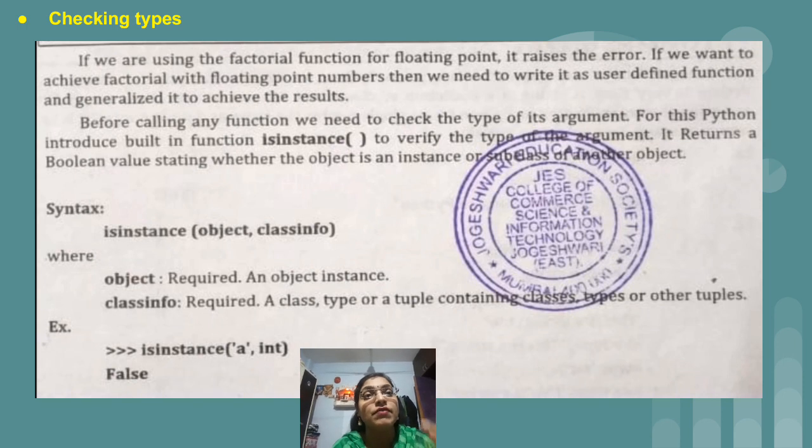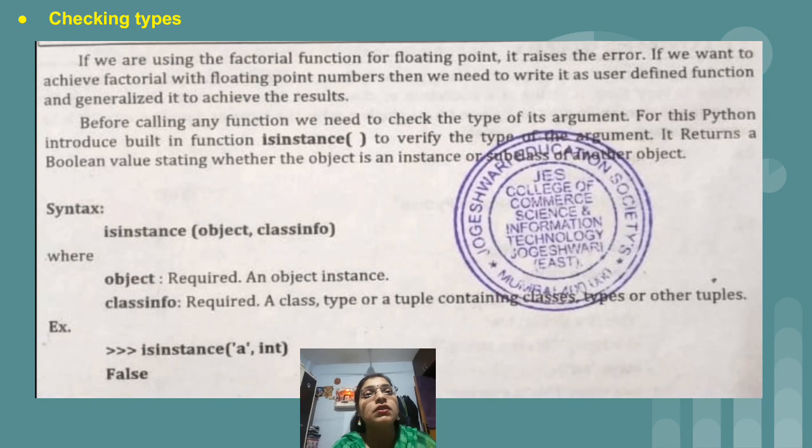we are not going to make use of any inbuilt function. As we have seen, we have the fib module in which we have Fibonacci. Similarly, an inbuilt function for factorial is also available, but that inbuilt function is designed for integer values only. If we try to provide a floating point value to that inbuilt function, then definitely we are going to get an error. So what is the solution? Definitely we will create our own user defined function, and then we will get the factorial result.